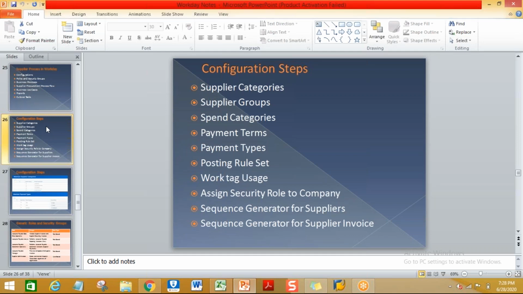You have to follow as per that particular ERP related configuration. So in Workday, we have to follow these configuration steps for the supplier process. In SAP, there are some other configurations. In Workday, there are some other configurations you have to follow. In PeopleSoft, you have to maintain some other configurations. So these configurations are nothing but the prerequisite steps to follow the day-to-day activities or the master